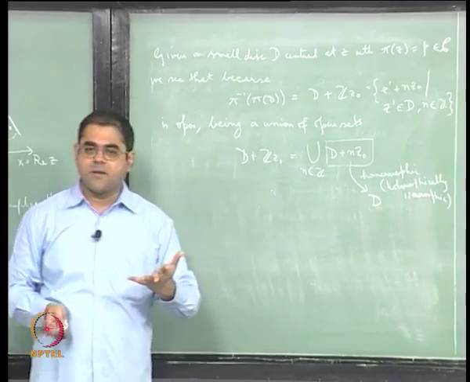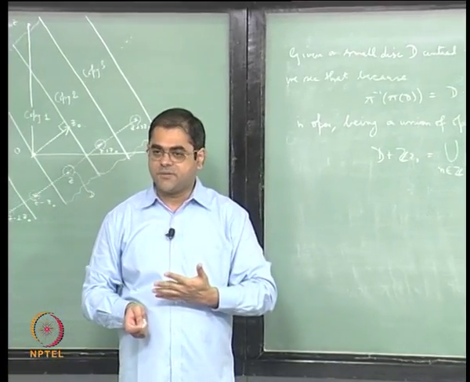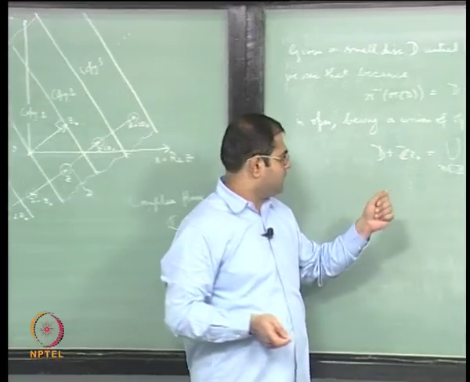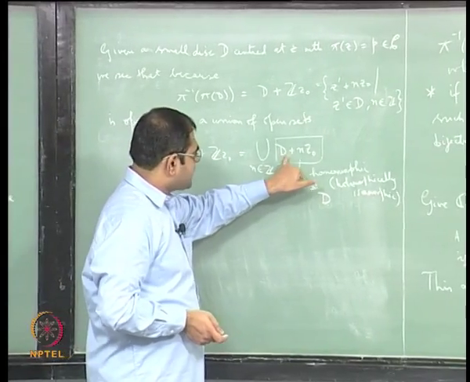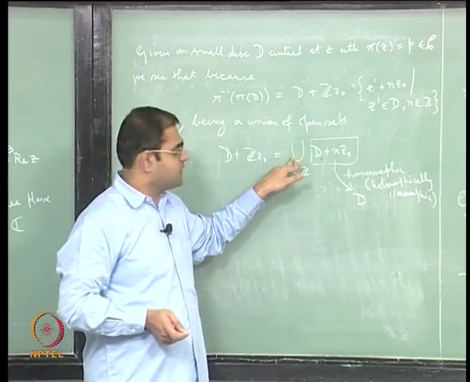Translation is a holomorphic map and it is injective, and there is an inverse map for translation, okay. So each of these sets is like d and this is a union of these open sets,